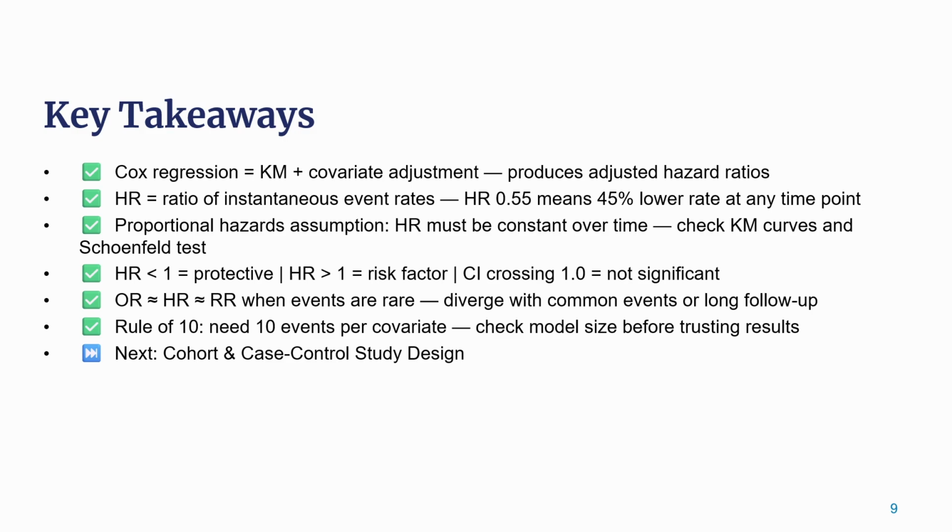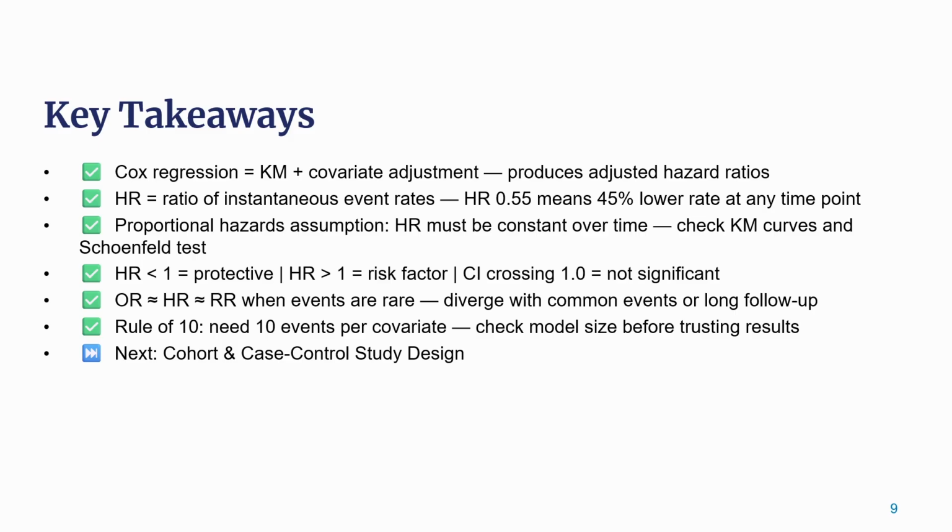Sum it up. Cox regression is the natural extension of both Kaplan-Meier analysis and logistic regression. It handles time-to-event outcomes with multiple covariates. The output is adjusted hazard ratios that tell you the independent association of each factor with the rate of events over time. The critical habit: